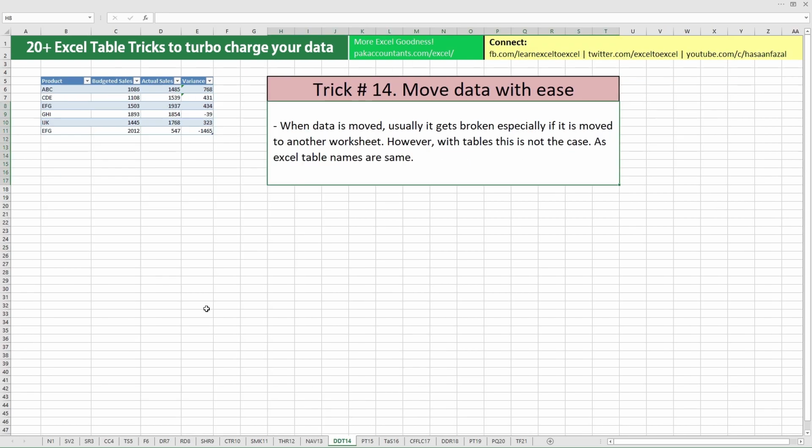Now let's have a look at trick number 14, which is again another powerful functionality offered by Excel tables. Usually, if you move your normal data range from one place to another, especially to another worksheet, the formulas dependent on that normal data range are not going to work the majority of the time. But if you have an Excel table and any formula dependent on that Excel table, you can move the Excel table inside that worksheet and even to another worksheet without any